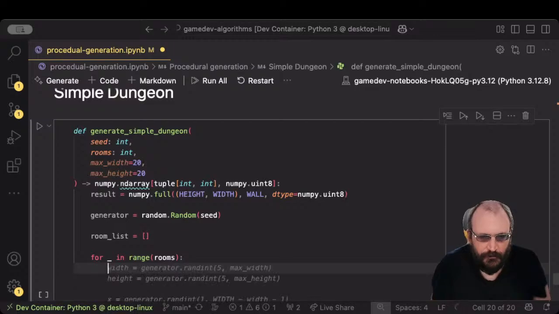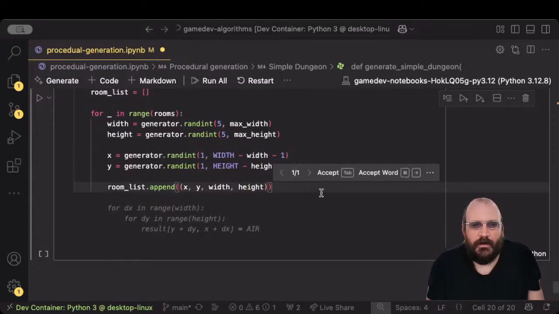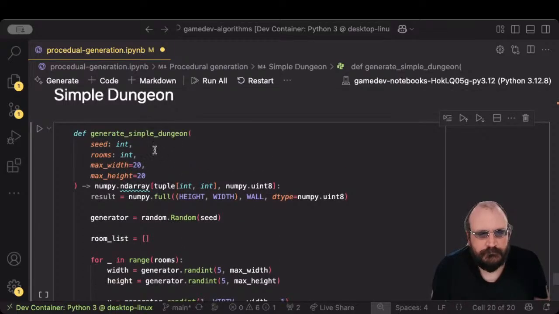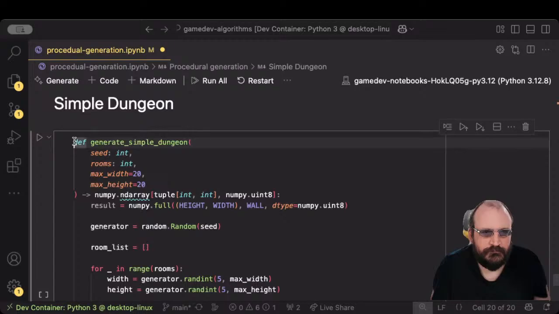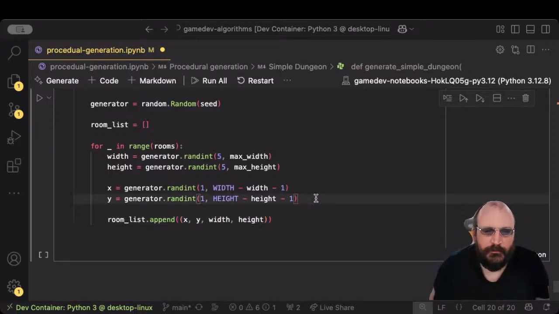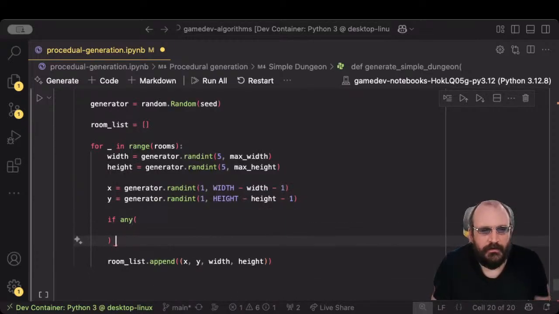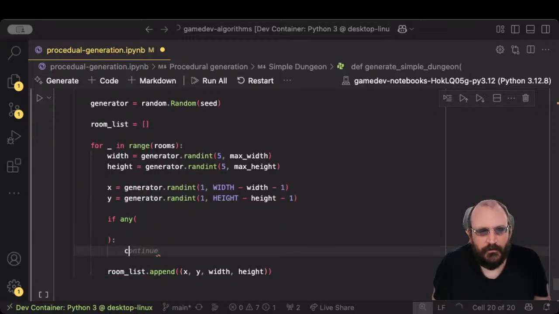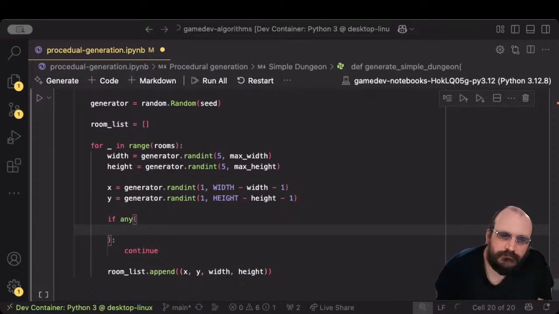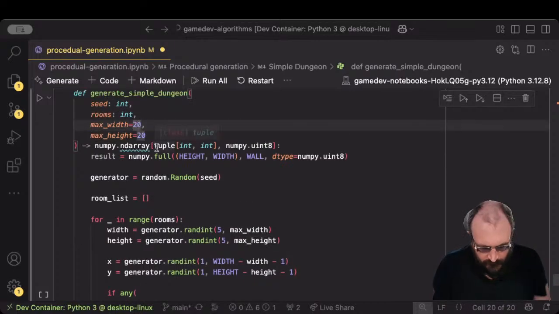And for each of the rooms, we're going to generate a width, an X and a Y. We're going to append it to a list, but before we append it, if... 5 is probably a good minimum size for a room, I guess. The map is only 200, so